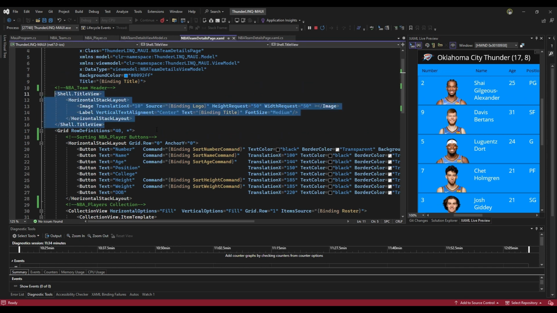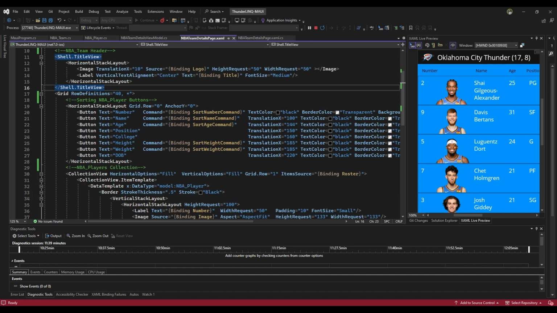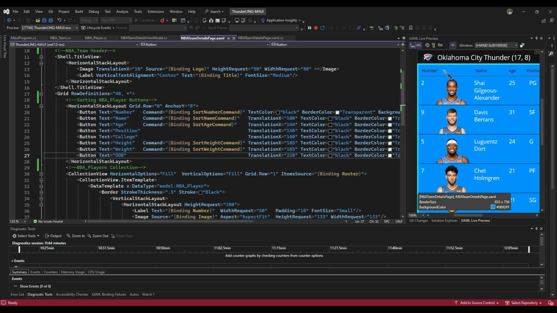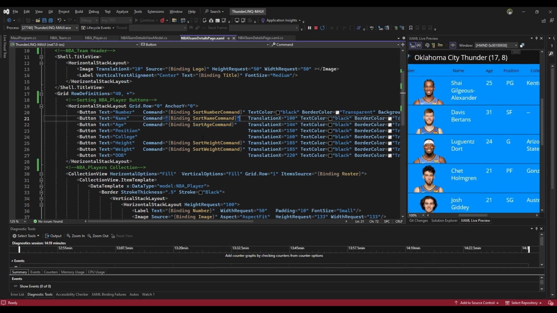In the XAML, you can see we got the header for the NBA team, and below that is the horizontal stack with the buttons. Each one of these just looks like a label, but you can actually click on them to sort individual stats. And these are binded to the NBA view model, the team details. So right now, you can sort the number, the name, the age, the height, and the weight, because the position